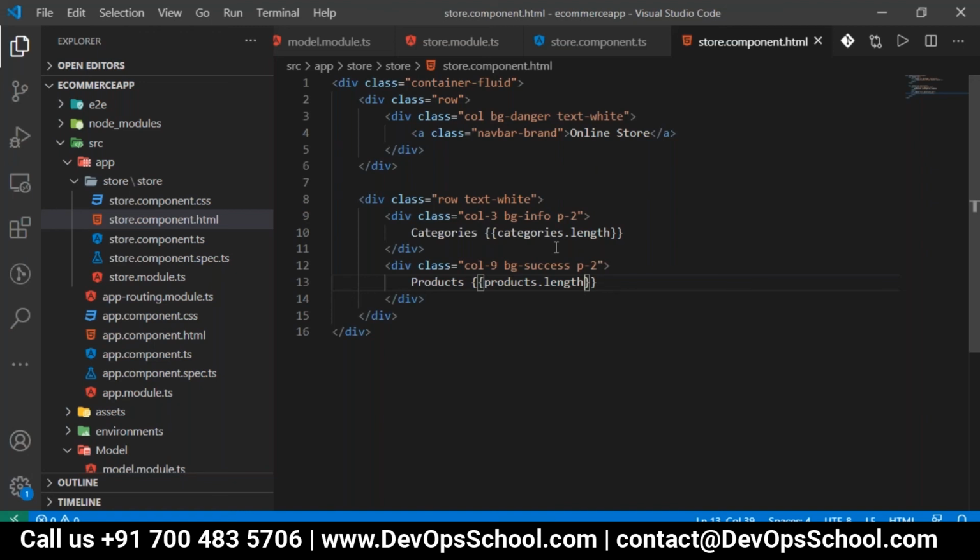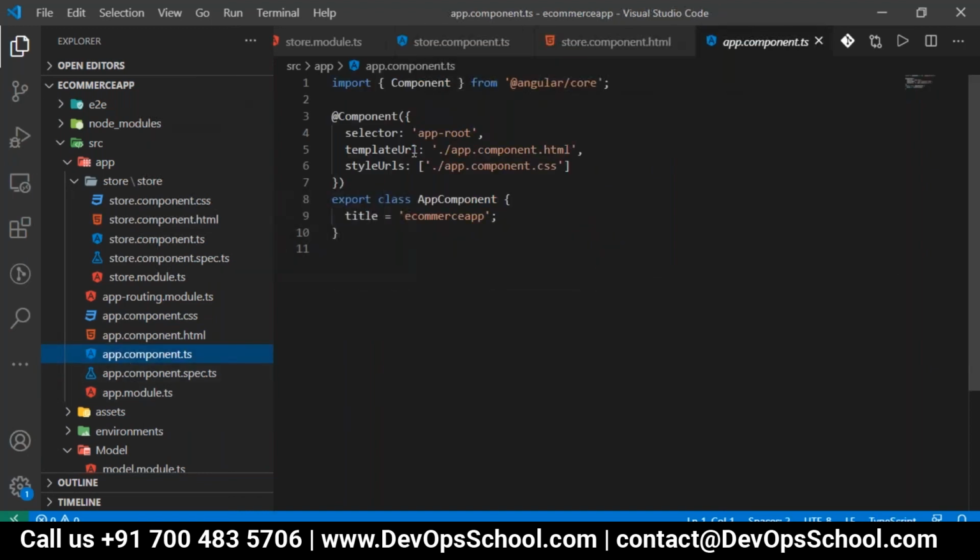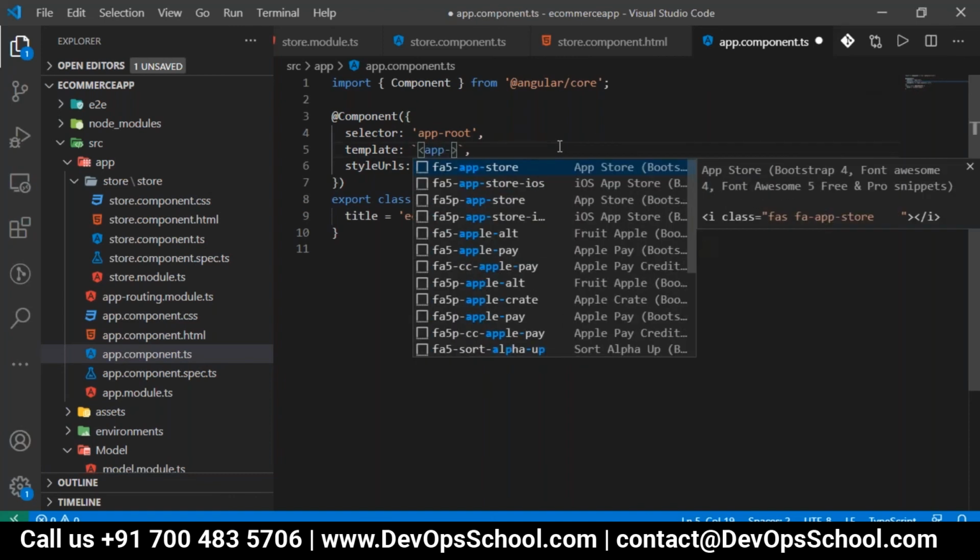So whenever we want to make the store component a landing component, you can do it in any place or in the app component. Yes, in the app component, I will just remove templateUrl from the template. I'll make it as a template and we'll inject it here, which is app-store.